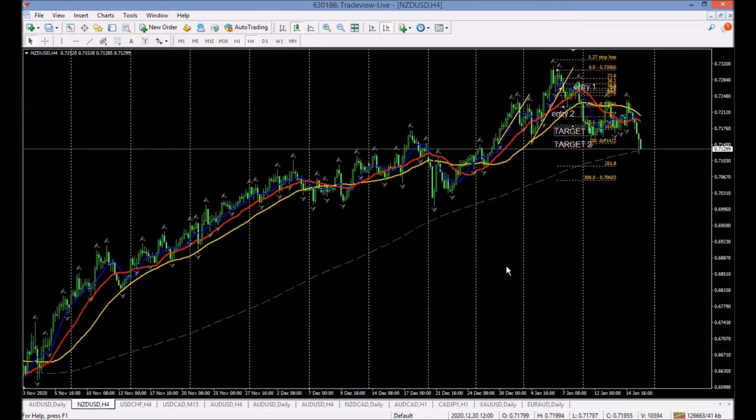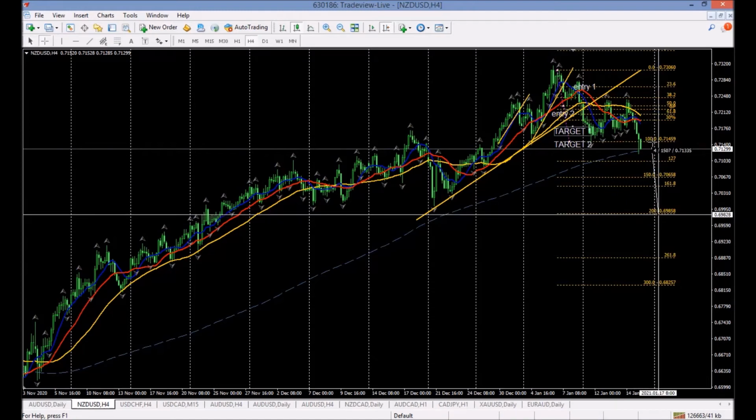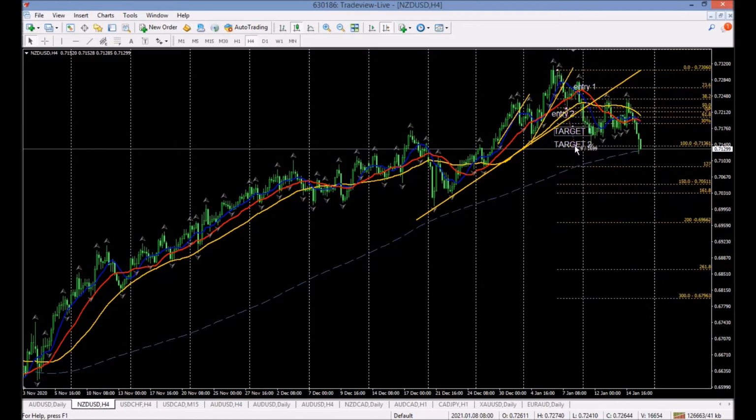But there's just a bigger picture going on here. Imagine that. And then you go like that. It looks like we could be headed down here, right? That's another 150 pips. Wouldn't that be a reasonable target to be shooting for? Don't want to get too excited about this, but